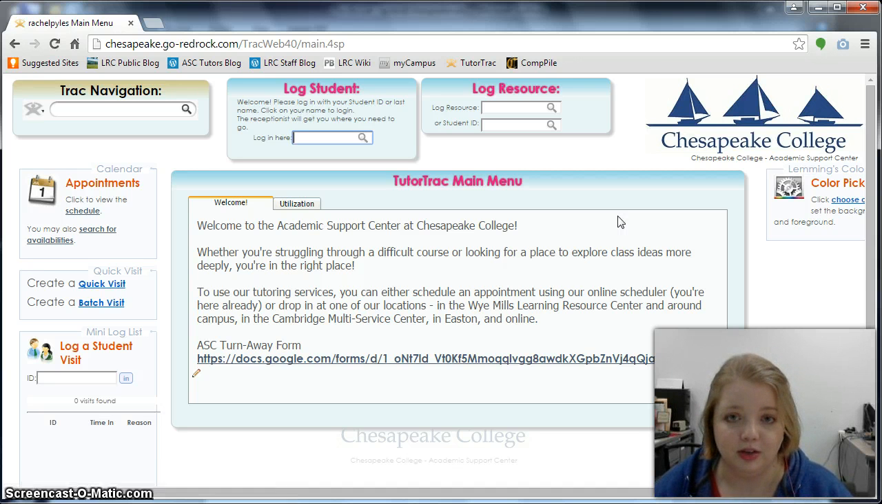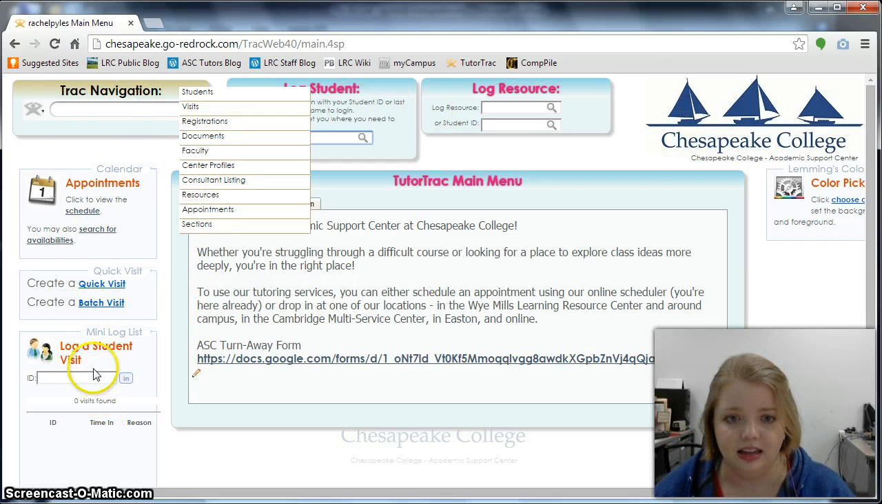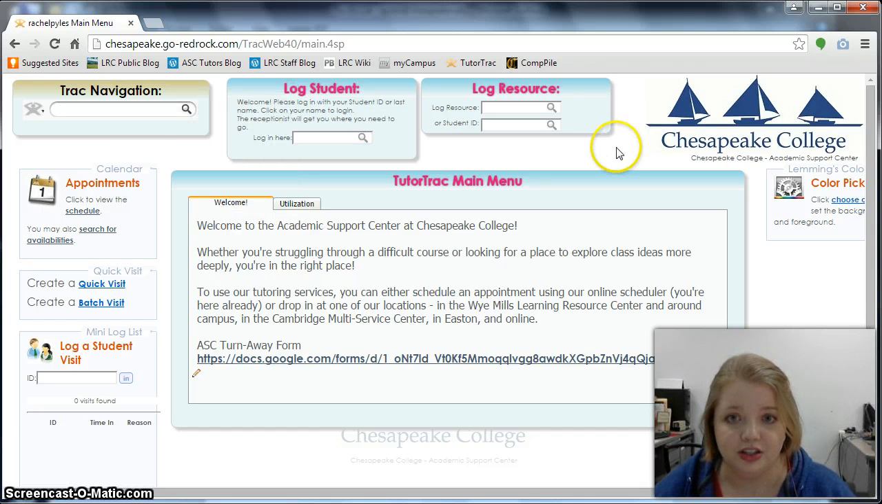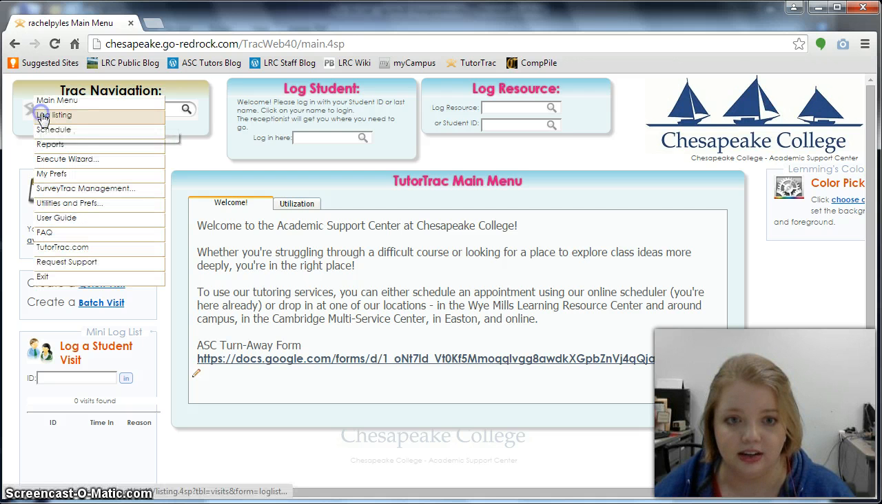Now your main menu, the first time that you log in, will look a lot blanker than this. I think you'll only have this initial main menu screen and you won't have any of these boxes on the side. These little boxes on the side are called widgets. They're like extra little apps that you can add to your TutorTrac profile. So in order to get that, you would go to this icon here in the upper left-hand corner, which we call the trackman. If you hover over this and click on it, and then you go to an option called My Prefs,